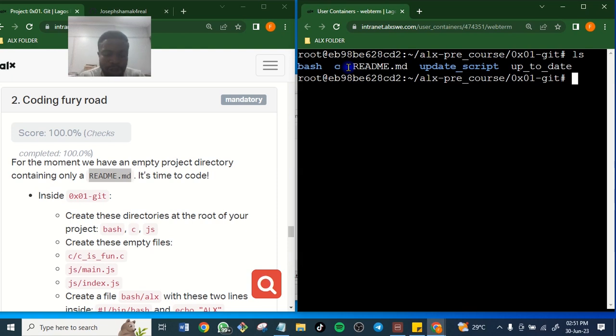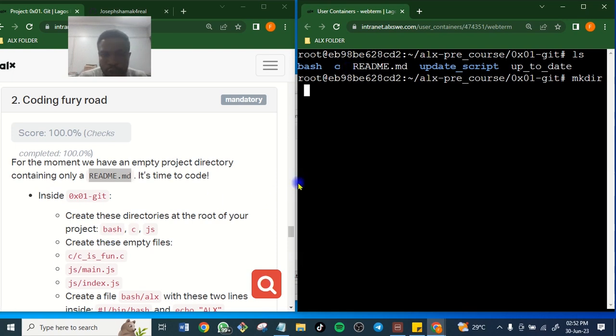Just say mkdir, then list all those directories one by one. Now let me list. I want to remove all these things because we need to recreate them. Bash is the first thing because we want to create these things.